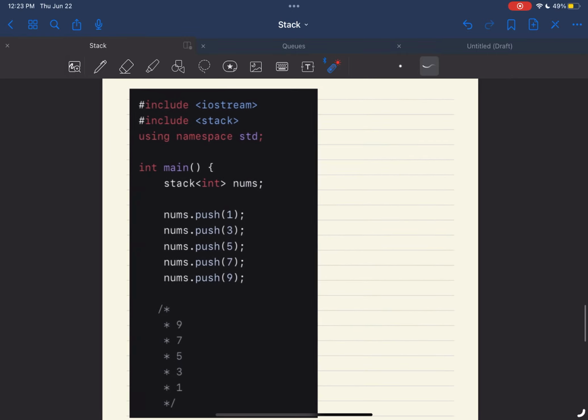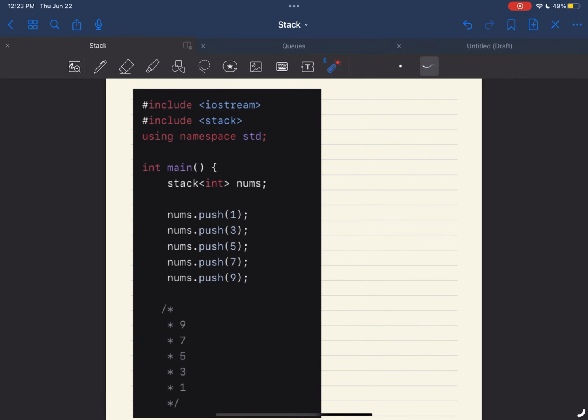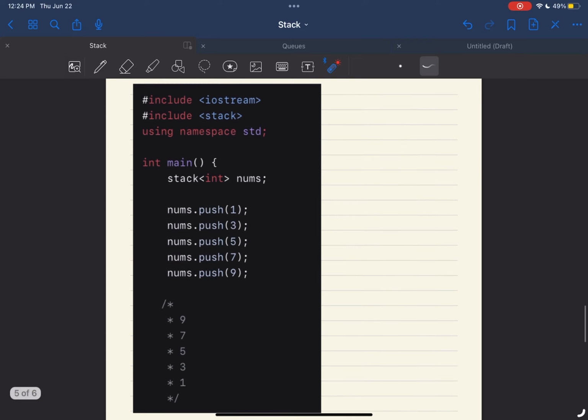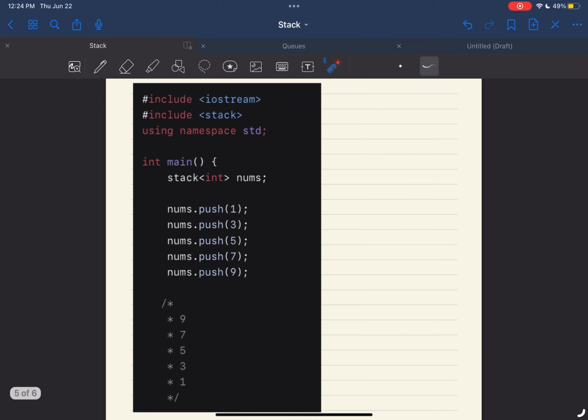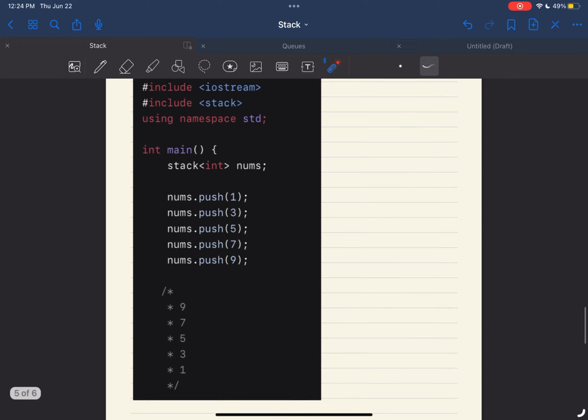Now here's some practice using code. This is how you can use a stack in your code and be able to use those operations. So first thing, you include the stack and then the type and the name. In this case, I pushed 5 elements into the stack, and the result is